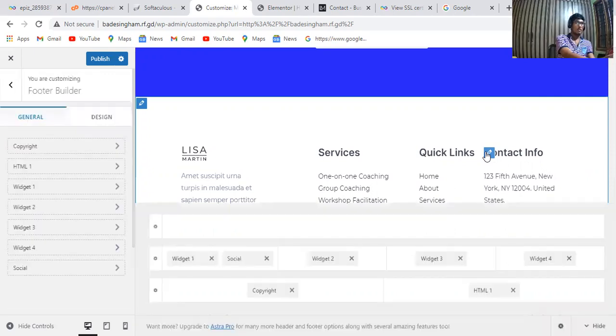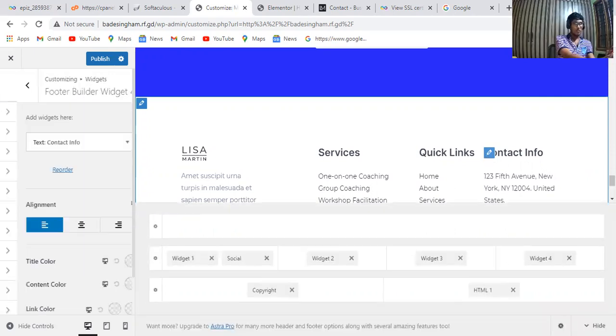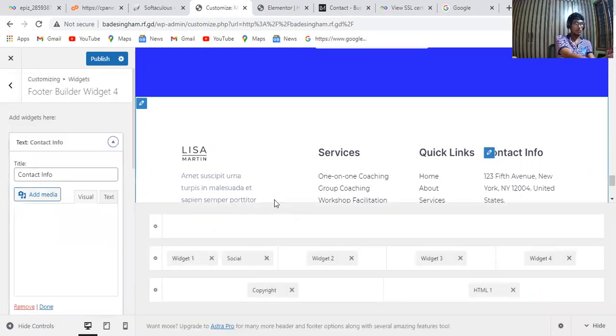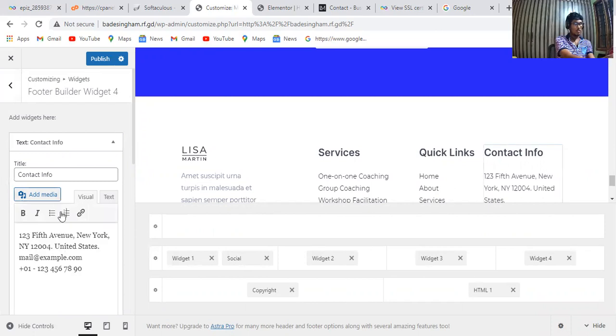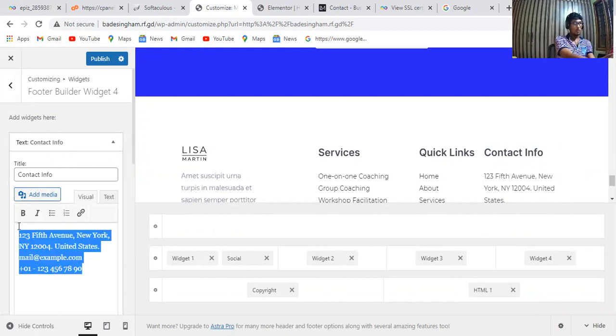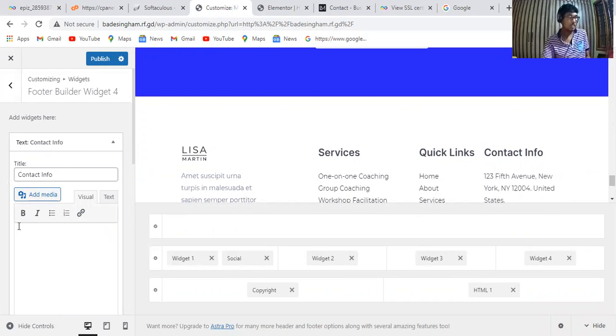Let's look at this session very carefully, all of you. I'm going to enter my details, the example details.